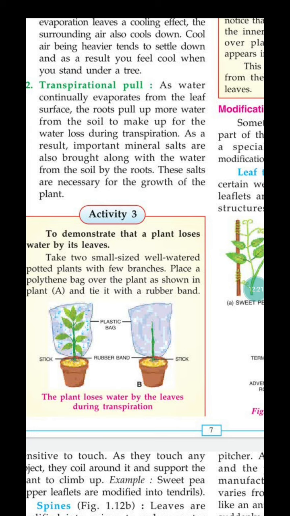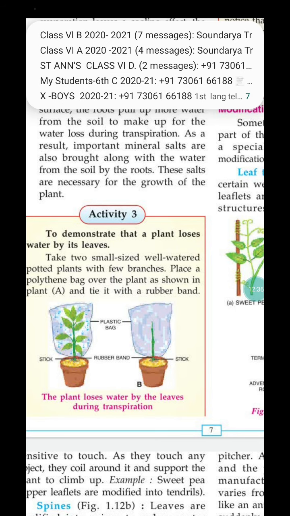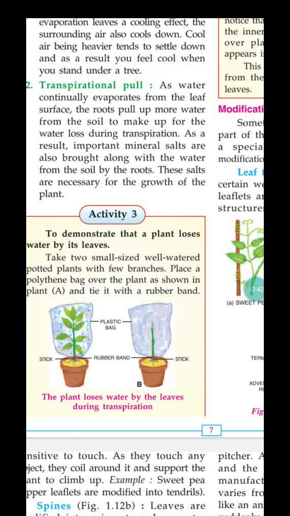In order to test whether the leaves give out water vapor or not. A simple example, children: when you preserve vegetables or fruits in a polythene cover and keep it in the refrigerator, when you take it out, you find water droplets on the polythene cover. Have you ever observed, children? Yes, because the green structures have the process of transpiration, where they release water from their body. Is it clear, children?